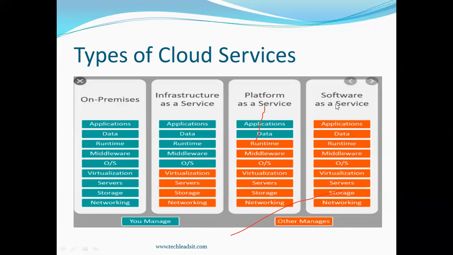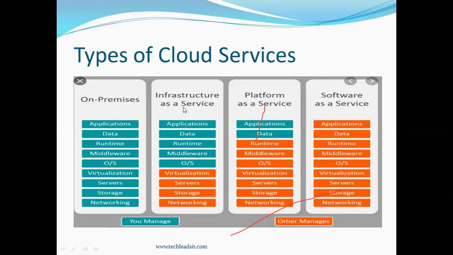Okay, so here everything is managed by Oracle itself. And this is platform as a service. We are in the private cloud, nothing but this is called a PaaS model. Applications and the data, both are maintained by the organization itself. Applications and data layers are maintained by the organization, and the runtime, middleware, operating system, the rest of the layers are maintained by